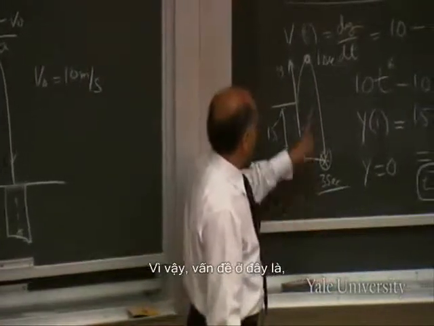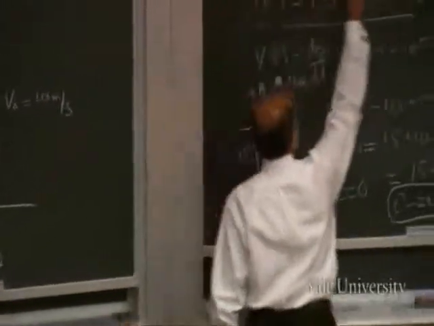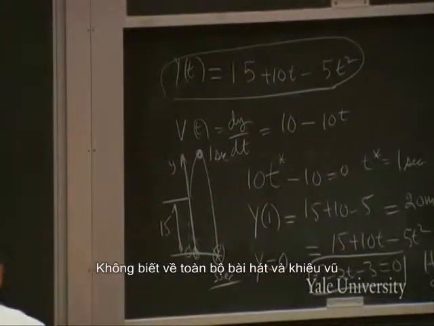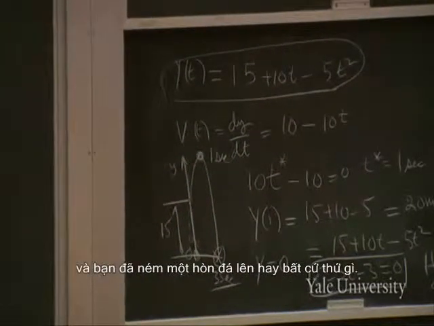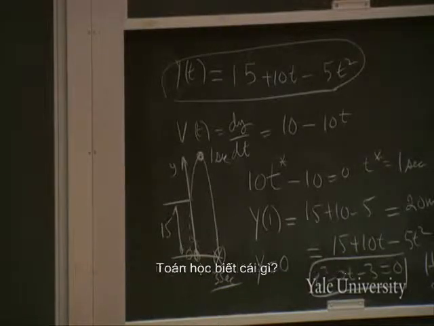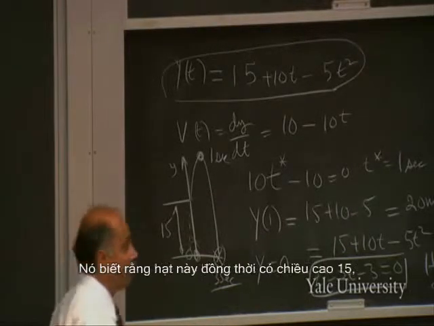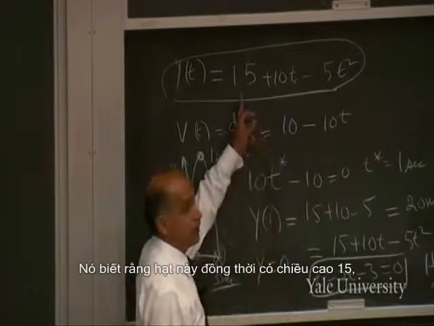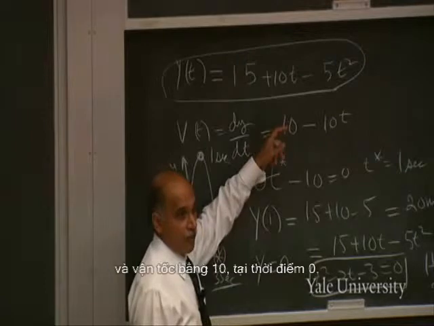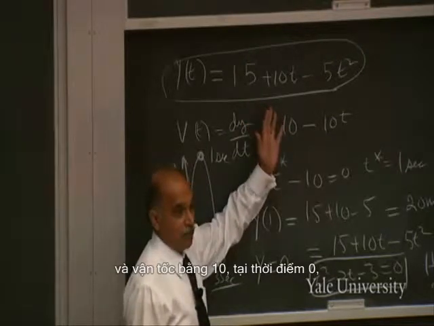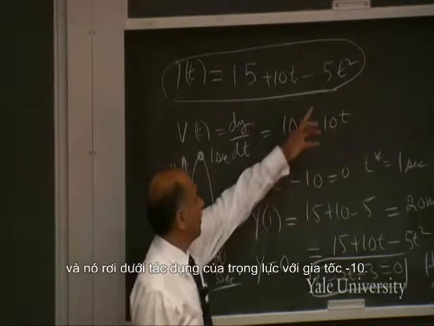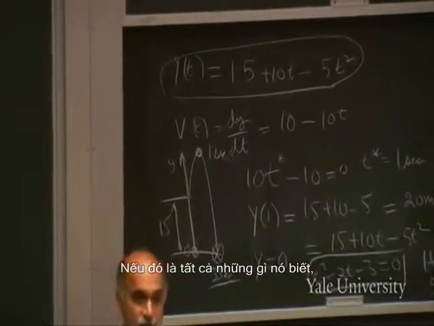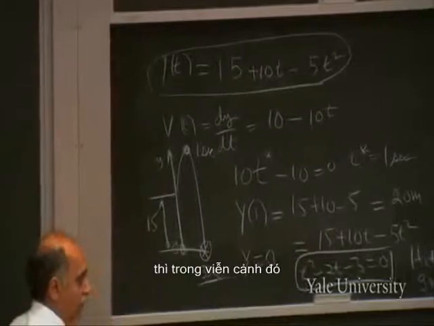So the point is, this equation does not know about the building. It doesn't know the whole song and dance that you went to a building and you threw up a rock. It knows nothing. What does the mathematics know? It knows that this particle happened to have a height of 15 at time 0 and a velocity of 10 at time 0, and it is falling under gravity with an acceleration of minus 10. That's all it knows. If that's all it knows, then in that scenario,